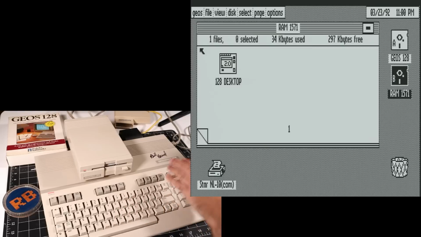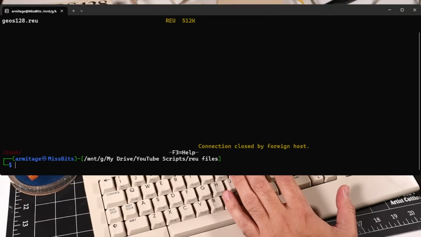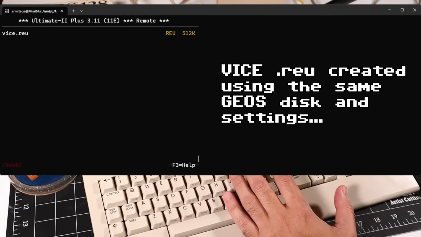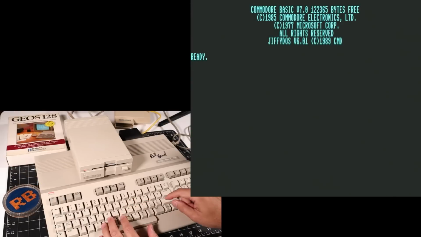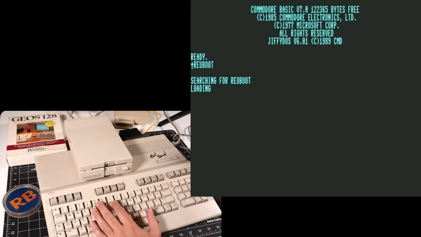But for comparison, let's take a look at the snapshot I made in VICE. And to do that, what I'm going to do is pull out this USB stick and put in this USB stick instead. Pop over to my Telnet session here and reconnect. I'm going to load the VICE REU into memory, just like that. And now, if I run our REU boot program that we just created, and I hit reset,